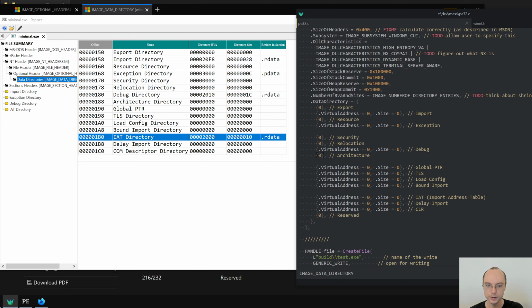Architecture, we don't need that. We don't need global pointer. We don't need TLS. And then we need load config or bound imports. So this is fine. This one we do need, and these 3 we don't need. Okay. So now we can actually fill stuff in, and import directory is